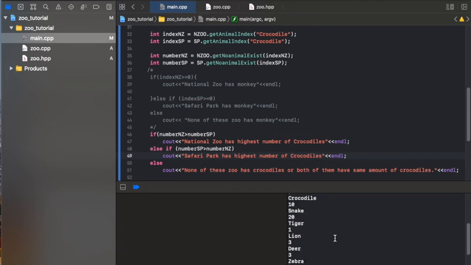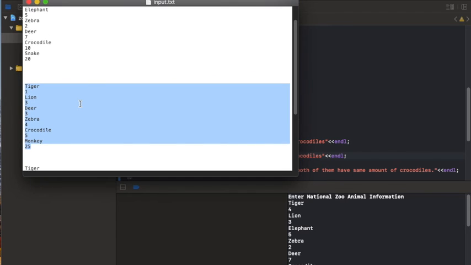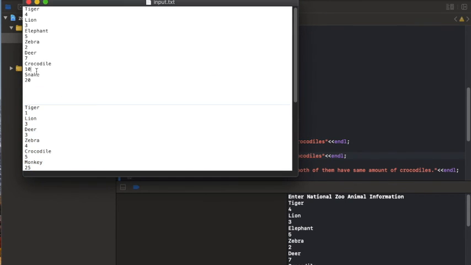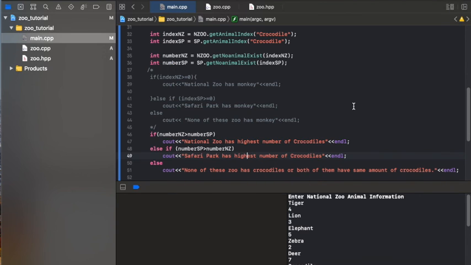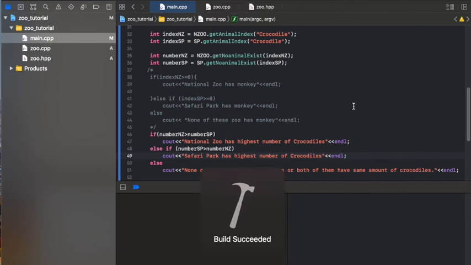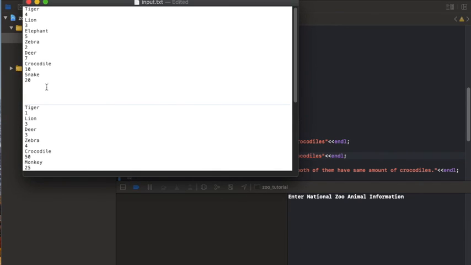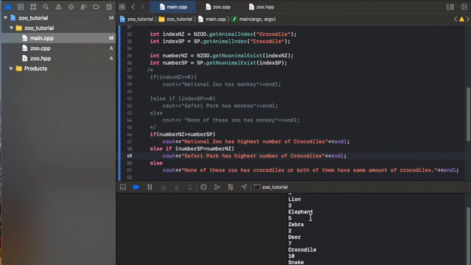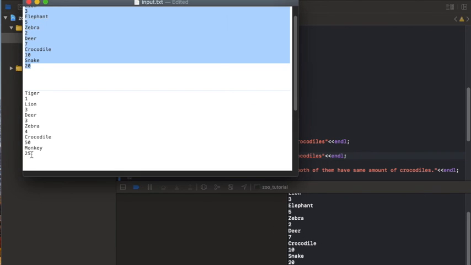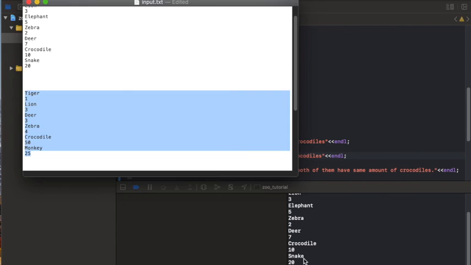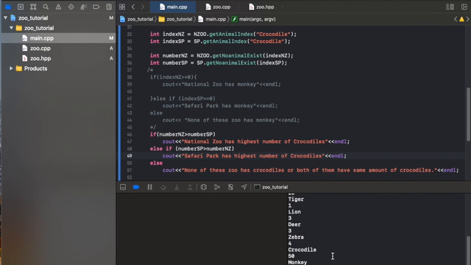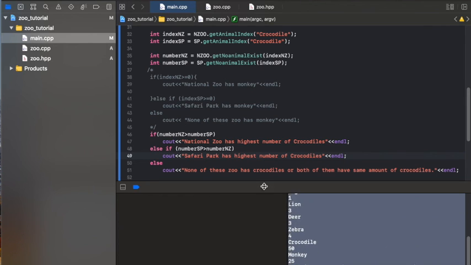If I change the input and check, I will change the crocodiles number. Here you can see in National Zoo there are 10 crocodiles. Let's make it 50. Now if I run that code again and provide the input, you can see the change. Now the crocodile count in Safari Park is 50, so you can see Safari Park has highest number of crocodiles. So as I promised, two tasks,